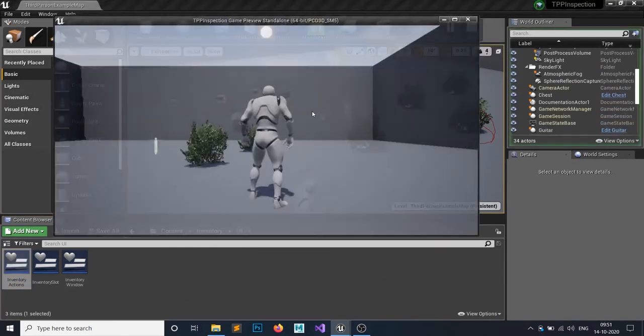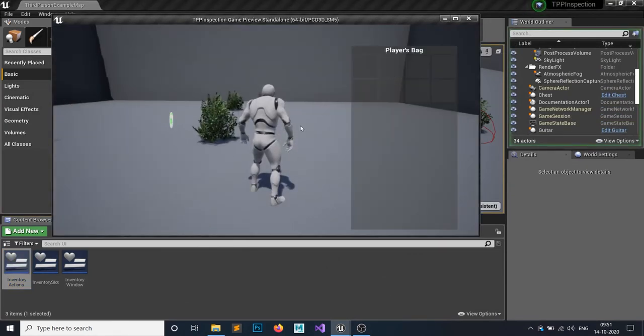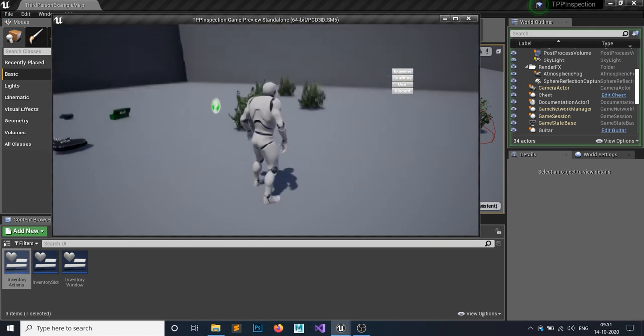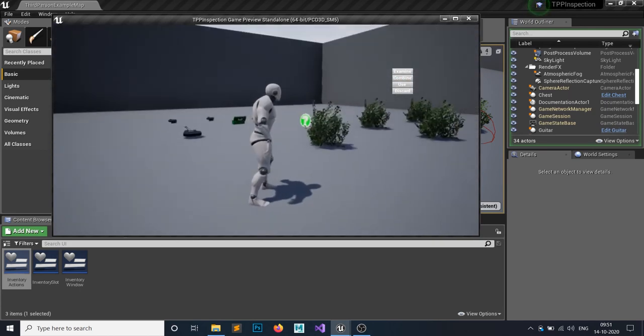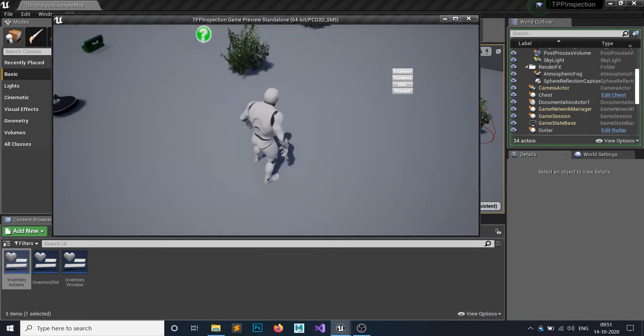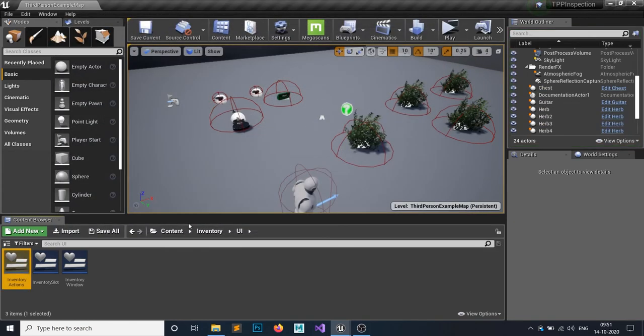So if you play, you can see this little icon, our game is already paused, and you can see this little inventory actions event. If you tab, it will be gone, but before it's gone, you can see this little inventory action. We don't want that, so let's also fix that issue.